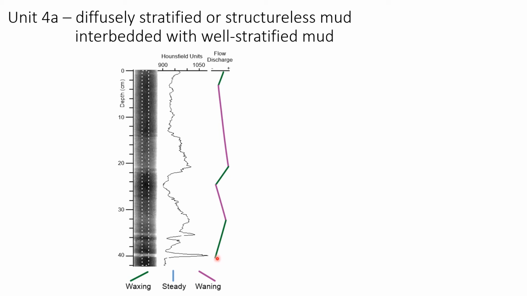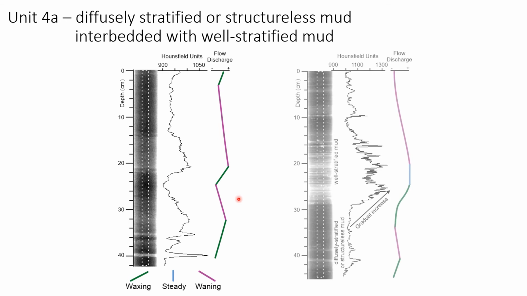Beds are characterized by an upward increase in HU, followed by an upward decrease in HU. And these diffusely stratified or structureless mud beds are in turn interbedded with well-stratified mud. So here's an example of diffusely stratified or structureless mud. We see this gradual increase in HU that corresponds to the onset of well-stratified mud. Then we see this gradual reduction in HU corresponding to a decrease in silt content towards the upper parts of